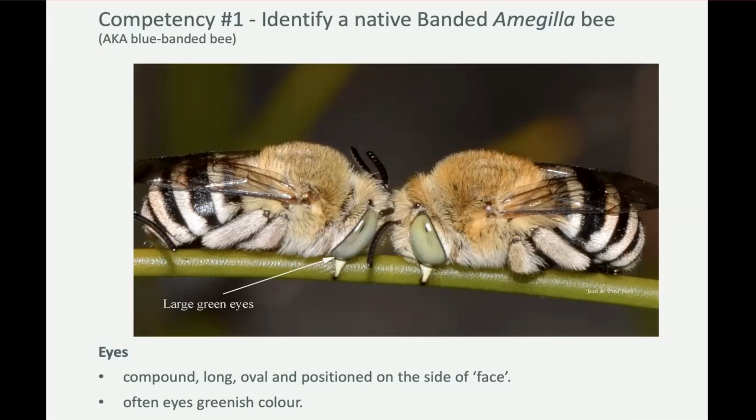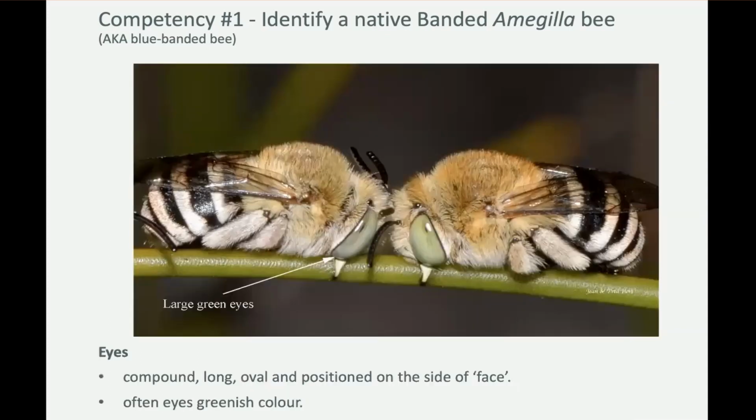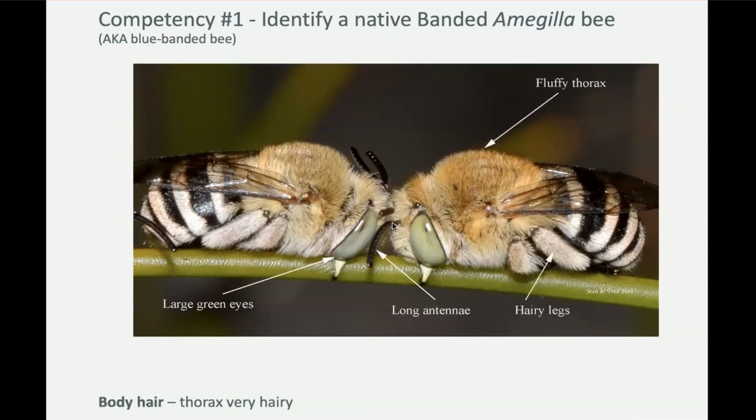So they have the stripes, as you see, a lot of the time in iridescent sort of colours, but not necessarily blue. But they also have large green eyes on the sides of their heads. They've got long antennae, and a lot of the time they will have a little joint near their face, a little kink. They've got fluffy thoraxes,